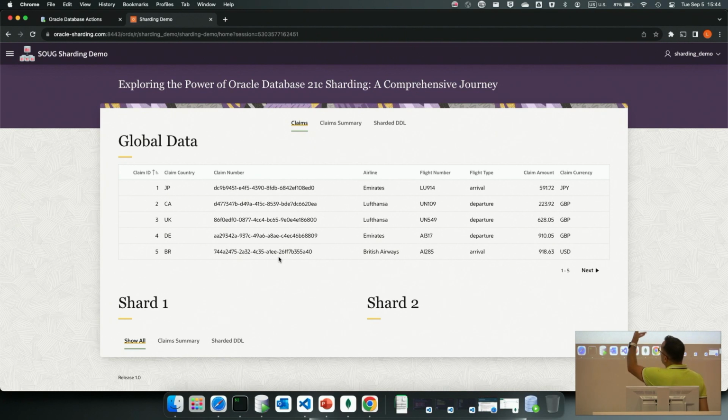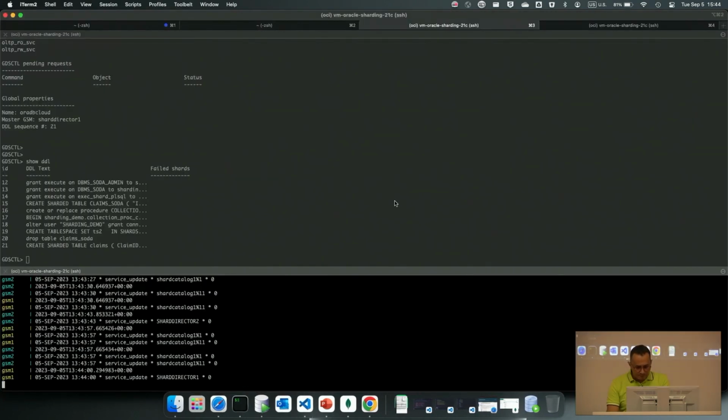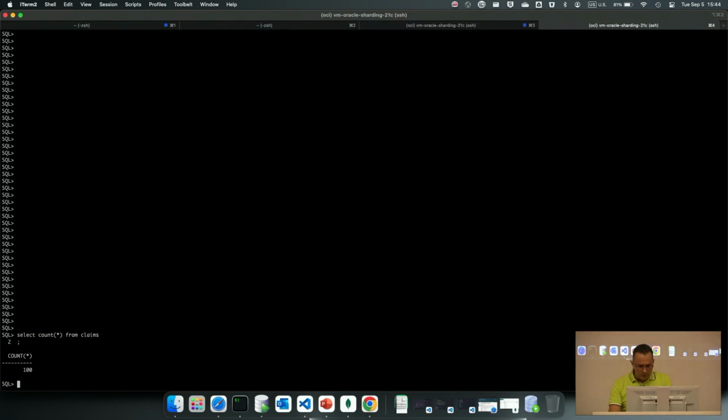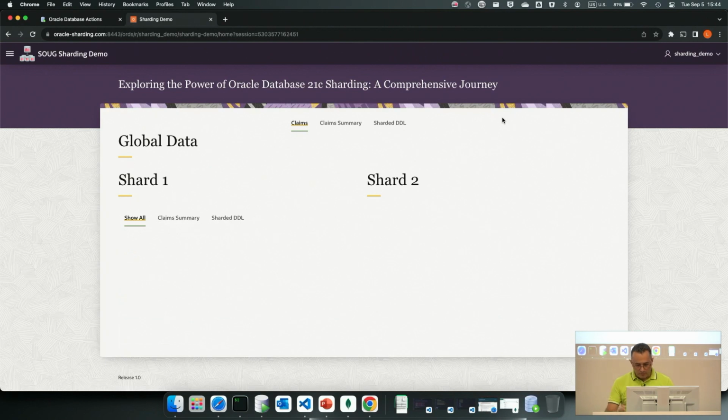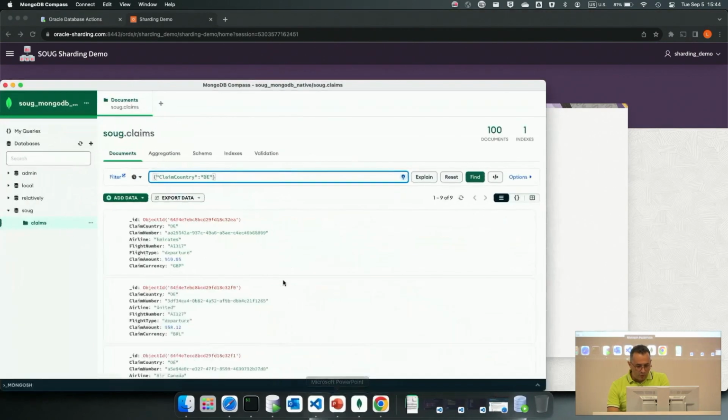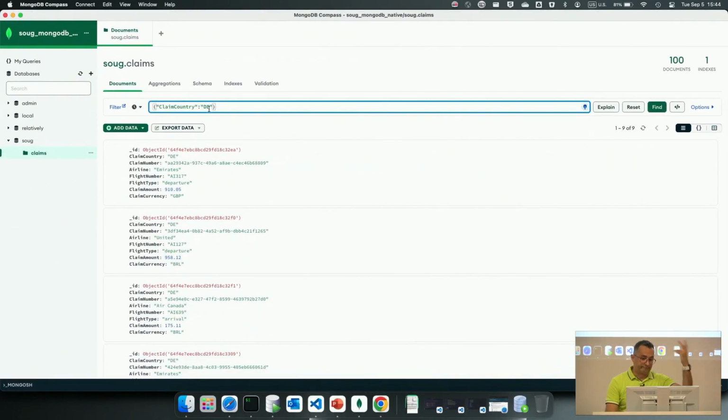So here I'm showing the previous execution test. Now I'm going to log into the database. I'm going to say delete from claims, and I'm deleting, so there is nothing there, right? It's completely nothing. Whereas in Mongo, this is my production or imaginary production cluster, I have a database called